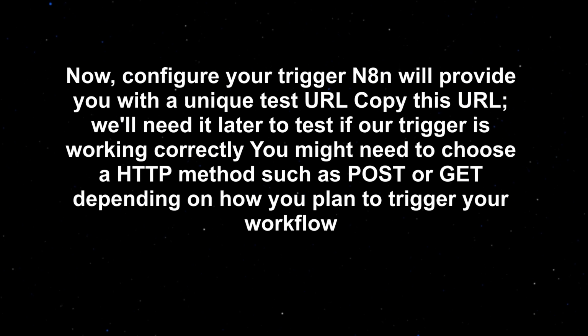Now, configure your trigger and N8n will provide you with a unique test URL. Copy this URL. We'll need it later to test if our trigger is working correctly. You might need to choose a HTTP method, such as POST or GET, depending on how you plan to trigger